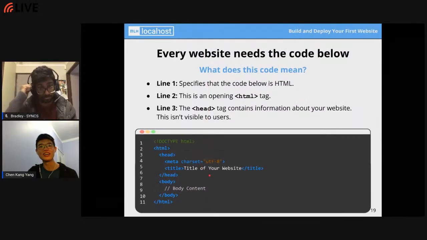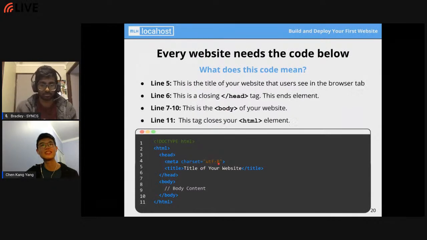And then you can put metadata or a description and all those things here. Like if you put a description in here, it will appear in things like Google search and all those things. And then the closing tag, and